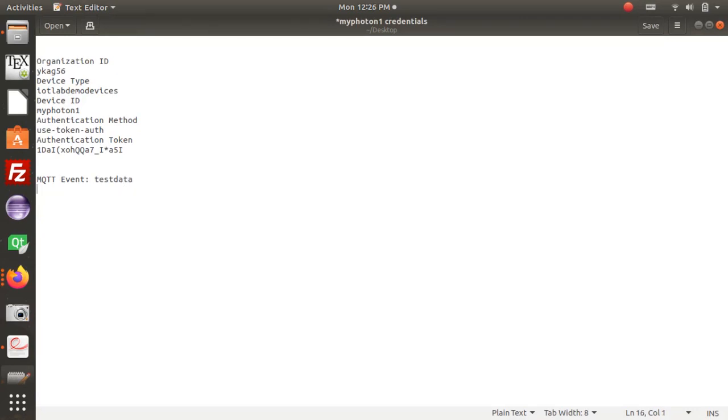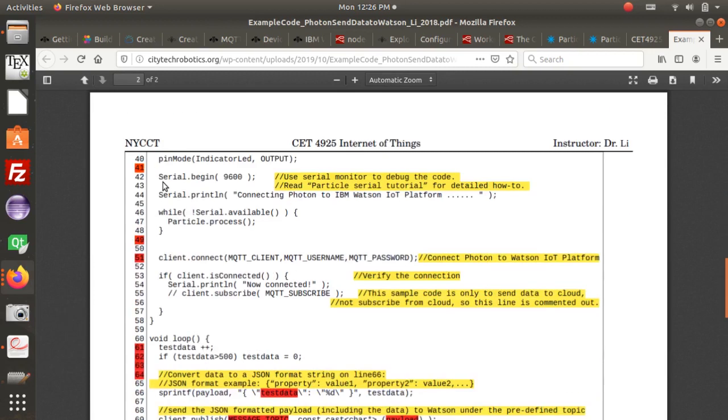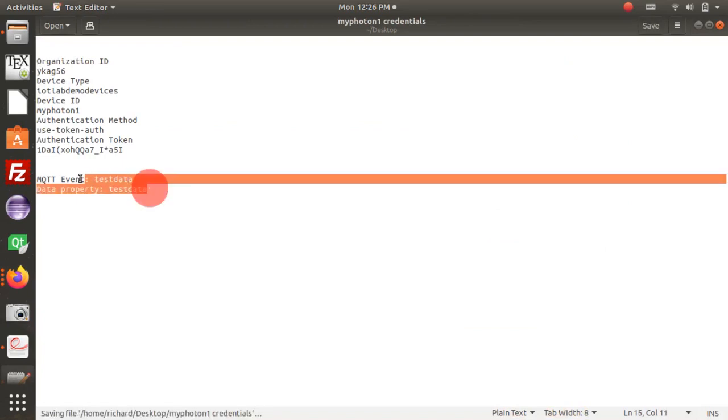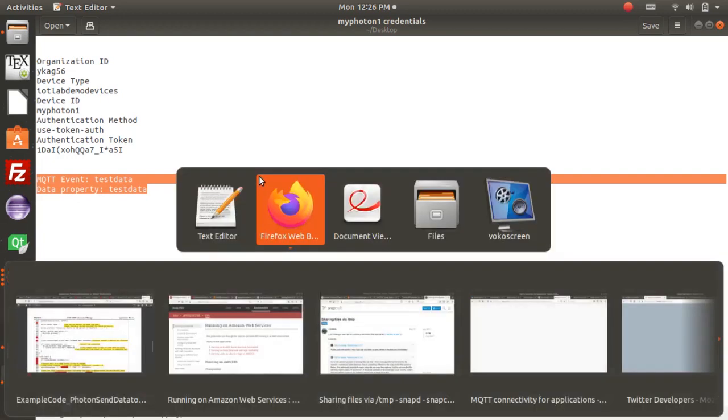And then the property data. Okay, it's also called test data. Of course, let me save. Of course, you can change this one to whatever you prefer. Okay, let me just show you